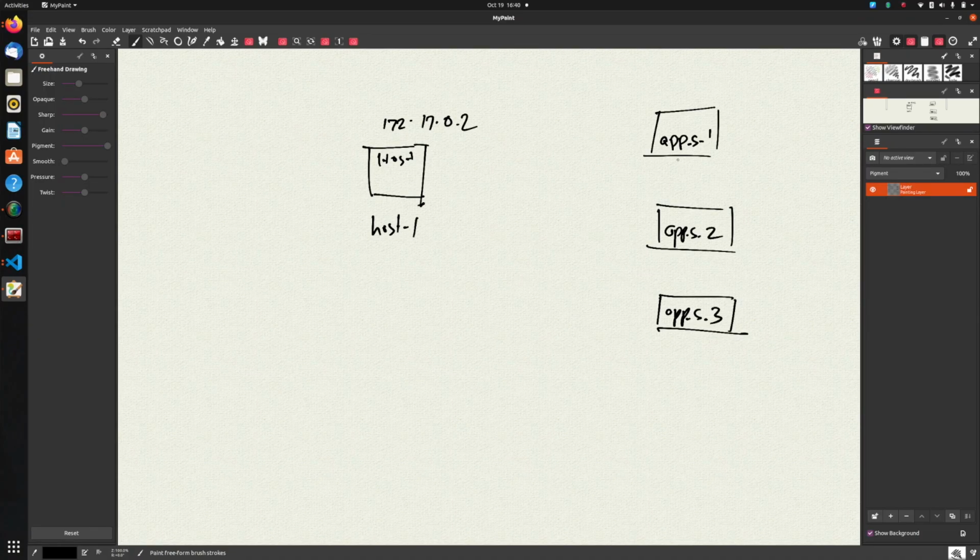These are exactly the same copy of the application that's running on these 3 machines, right? And let's give them IPs as well. Let's call them 172.17.0.3, 172.17.0.4, and 172.17.0.5, right?